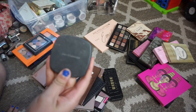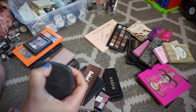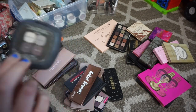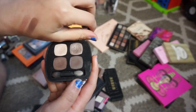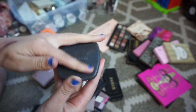This is one I've had since college. This was my first ever Bare Minerals quad, and I used this every day in college, and I graduated in 2014, so I've been out for 5 years now. This is in the shade The Truth. I hope this is focusing. There it goes. And it's just a really pretty taupey, neutral palette, so I'm gonna hold on to that one,